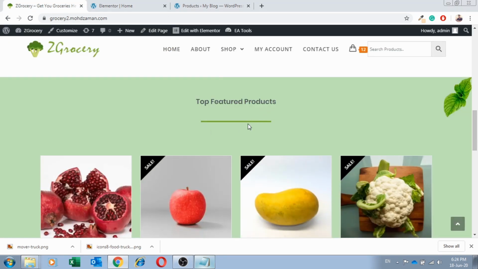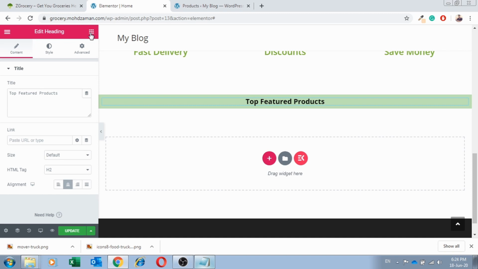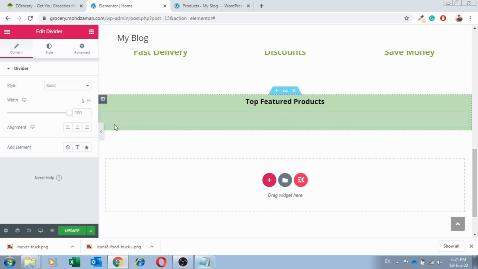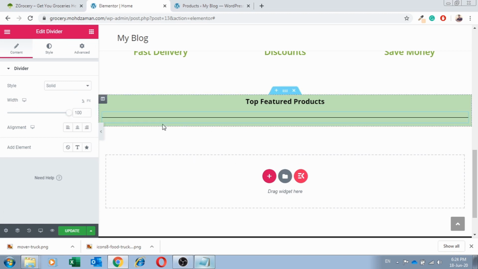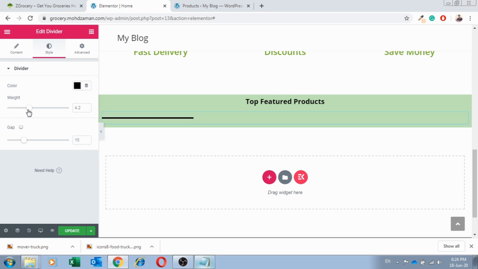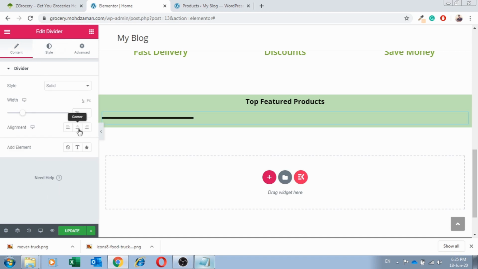The next thing we have is the divider. Come to elements, drag and drop the divider just below the heading and lessen the size of the divider. As you can see, the divider runs from left to right and it takes the entire row. So what we're going to do is we are going to decrease the size of the divider, maybe this much, to 25, and it is too thin, so we will increase its weight. To increase the weight, come to styles, make it maybe 4.2, no, 4.5. Yes, this looks better. We are going to make it center line,